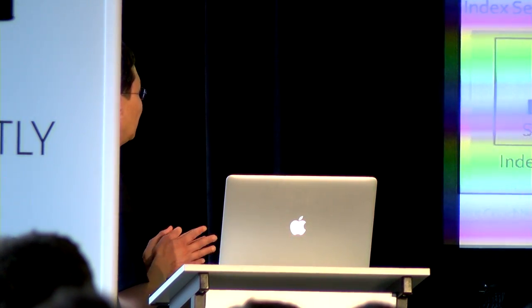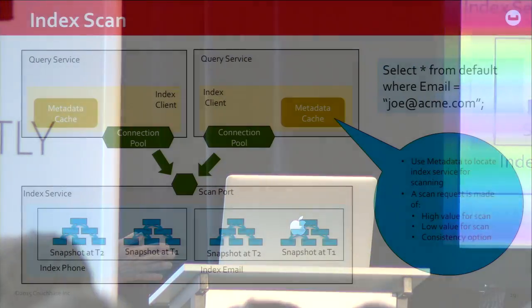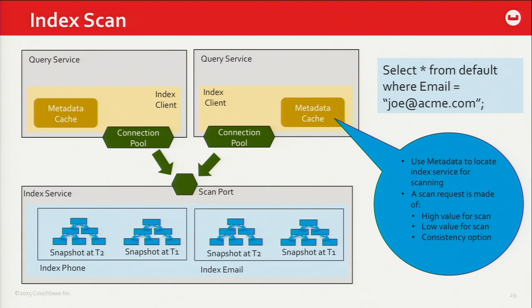Now let's take a look at index scan. In this diagram, I have 2 query services, and each query service has the index client as well as the metadata cache. I have a single index service which has 2 indexes, phone and email. Each index has 2 snapshots, T1 and T2. And I have a statement on the right-hand side